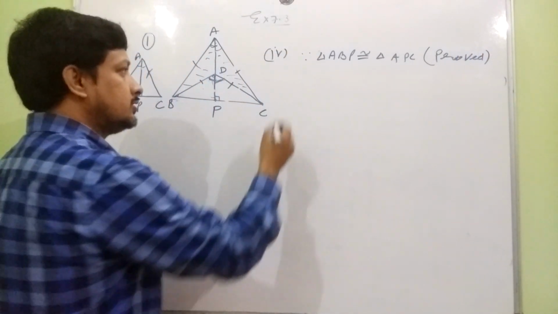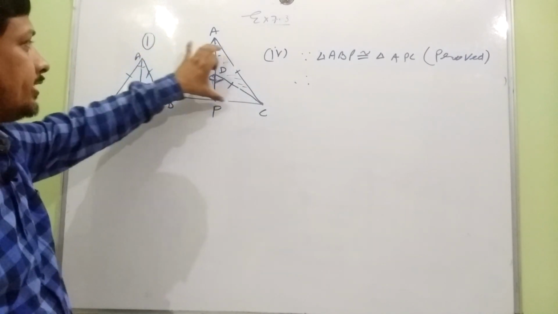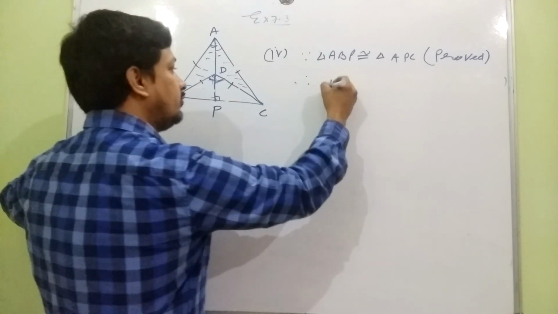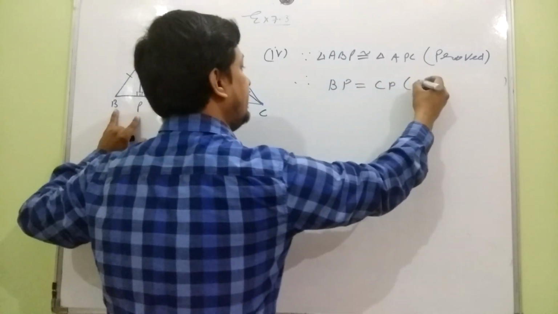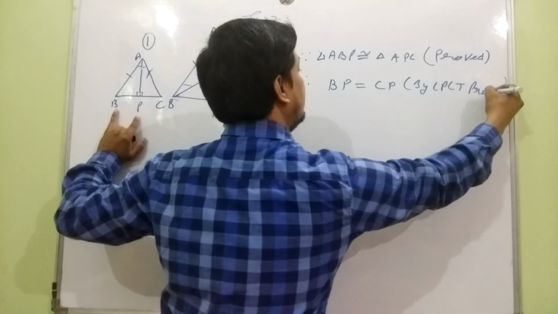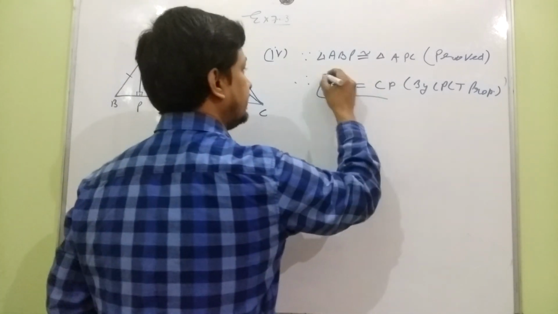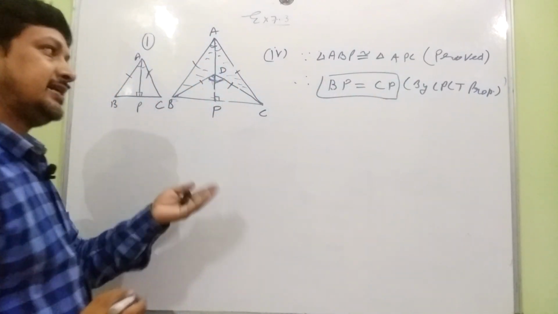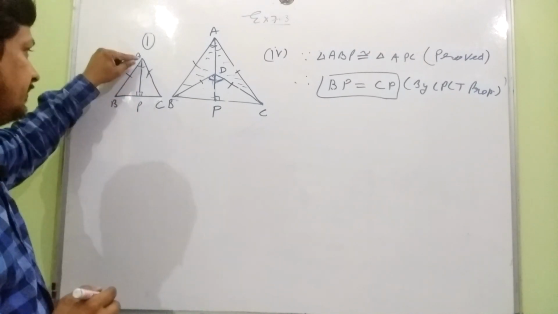So because these are congruent we have proved. So we can say if this triangle is congruent to this, means this whole triangle, so we can say BP equal to CP by CPCT प्रॉपर्टी. सो एक चीज तो हमने दिखा दी, इसको लॉक कर लेते हैं. अब हमें बाइसेक्टर तो हमने दिखा दिया क्योंकि BP PC के इक्वल है. अब हमें दिखाना है परपेंडिकुलर.